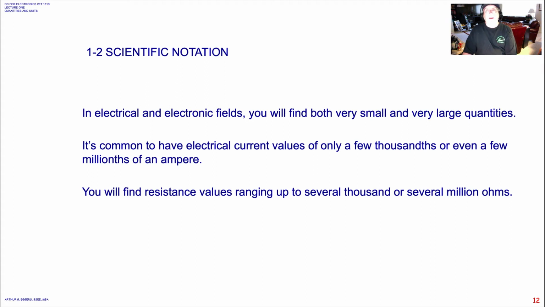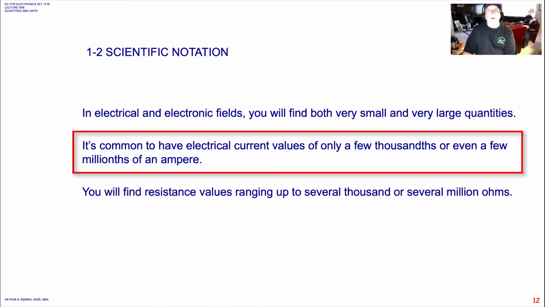Okay, let's take a look at scientific notation, which is using exponentials to make handling very large and very small numbers much easier. In electrical and electronic fields, you will find both very small and very large quantities. It's common to have electrical current values of only a few thousandths or even millionths of an ampere. So we're dealing with values of current that are at